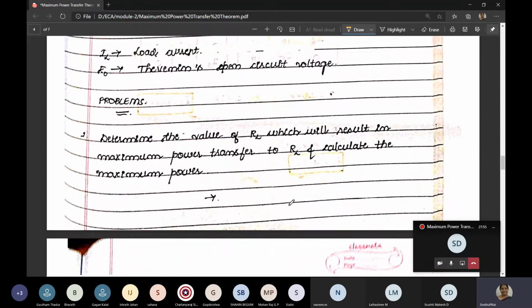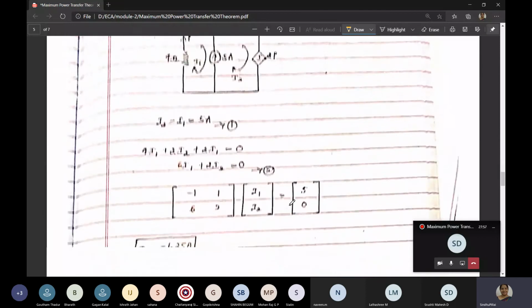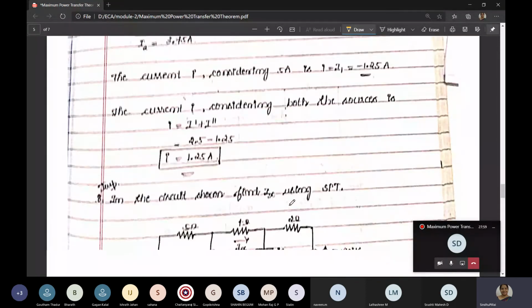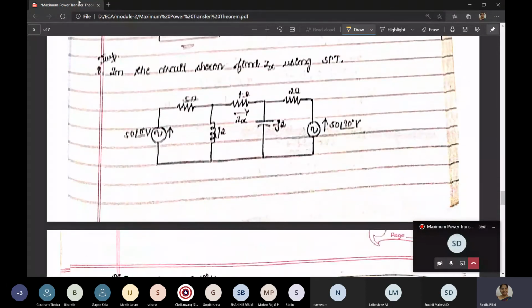We have just seen the derivation today, and we'll go with one of the problems of the superposition theorem. I had just given it as an assignment. I think nobody has solved it. Just see here in the circuit, find Ix. In the circuit, find Ix using the superposition theorem. So this is Ix, this is the Ix they have given. So you have to find the current in this branch, or the current in this loop, by using the superposition theorem.